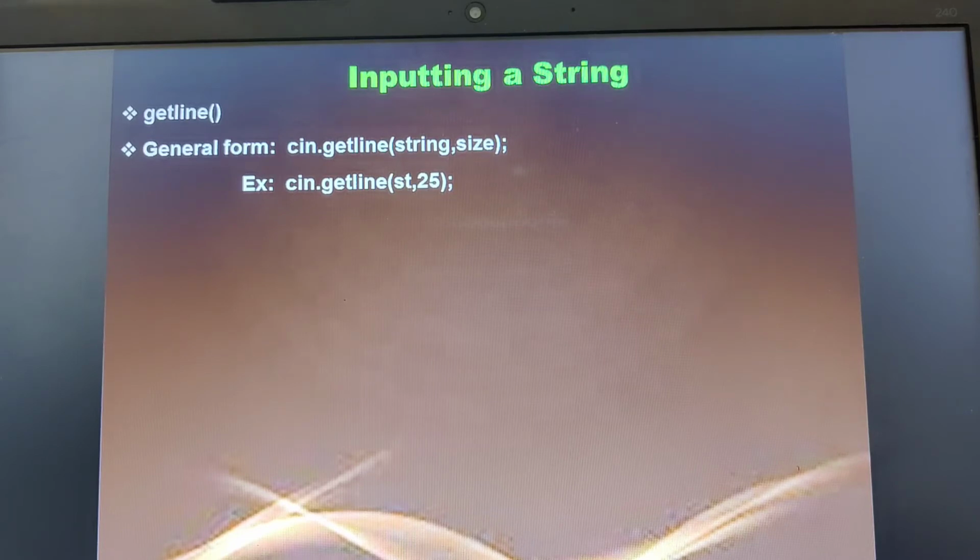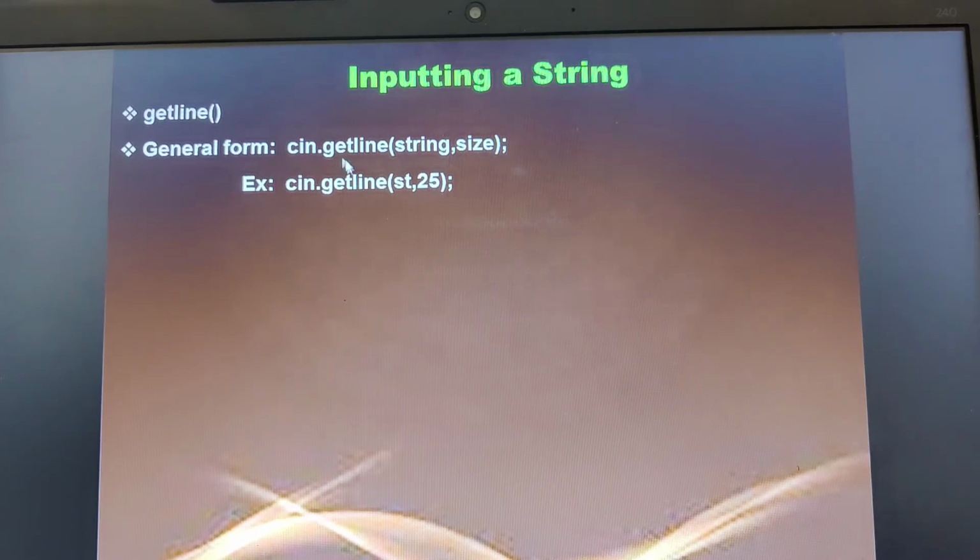If I need to input the characters of a given string, I have to use the getline function. This getline function terminates the reading of characters on reading a newline character or when the number of characters read is equal to the size.